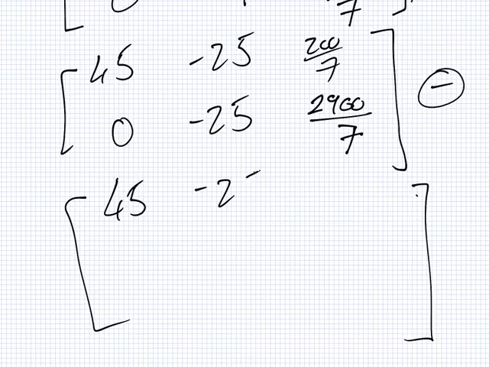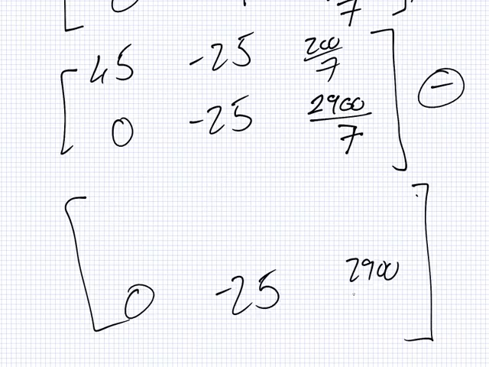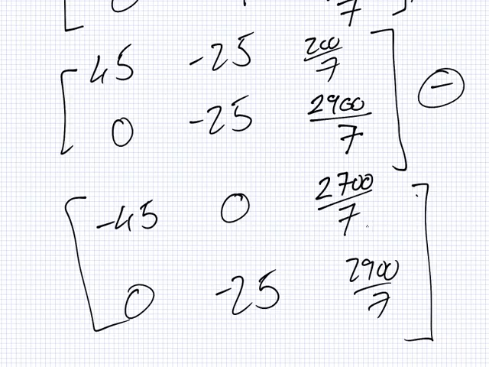45 minus 25, 200 over 7. 0 minus, sorry, wrong way, sorry. I'm keeping the bottom one the same. Okay, try that again. 0 minus 45, minus 45. Minus 25 minus 25, 0. And lastly, this number minus that number, that would be 2700 over 7. Yeah? Now, when you think about it,